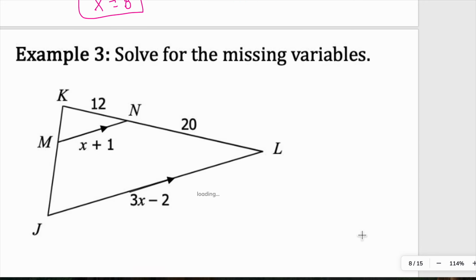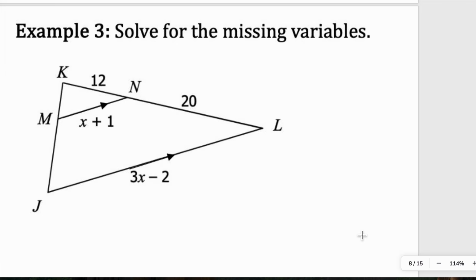And then we've got example 3. One more after this one, though. Solve for the missing variables. Again, starting with that small triangle, 12/x plus 1. And then I've got my parallel lines, so that means I'm going to have some corresponding angles here. So I know these are going to be side angle side. I just got to make sure I line up the sides correctly. My larger triangle, though, is going to be this entire side, so not just 20, but 20 plus 12, and that's going to give me 32, okay,